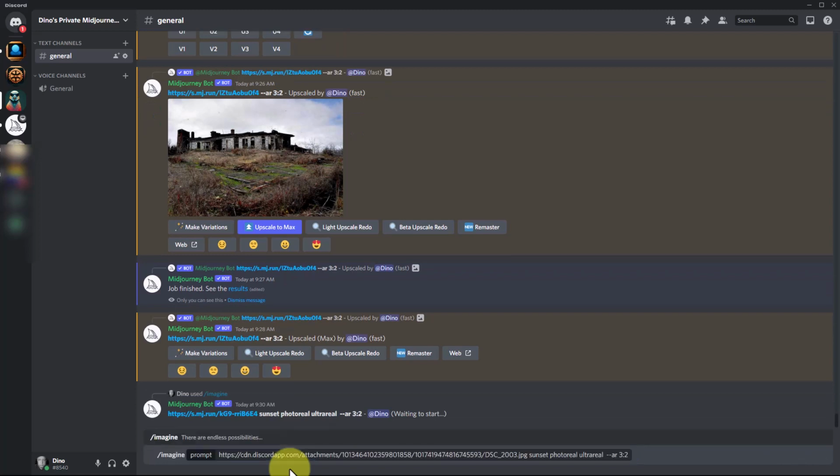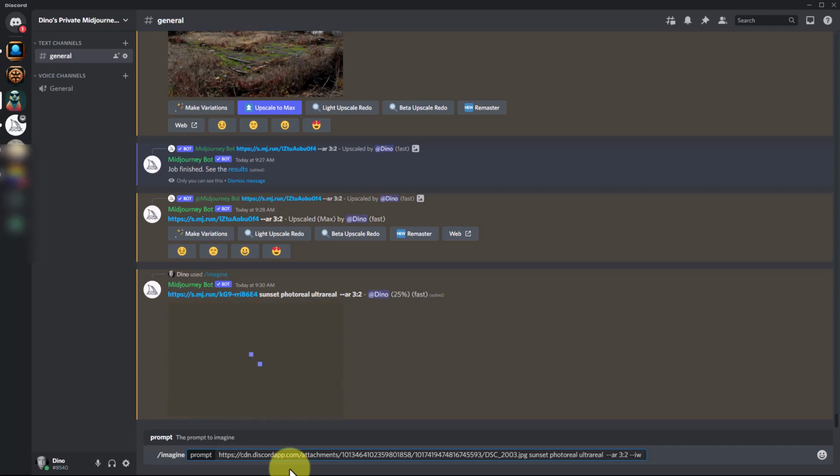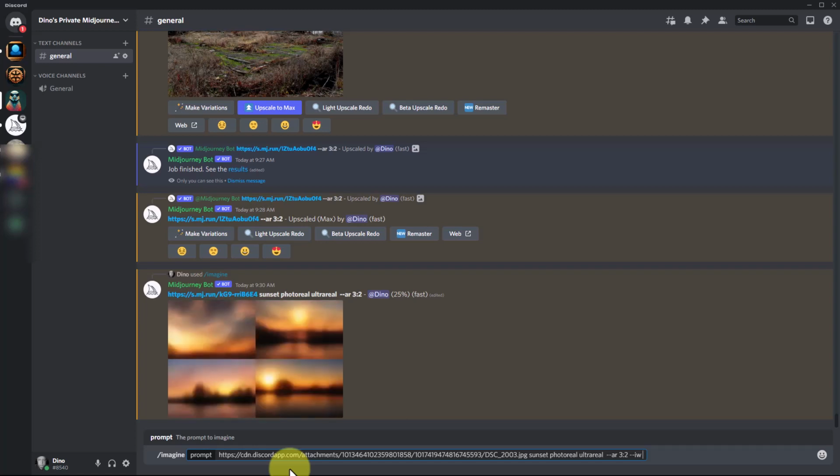But the other thing we're going to do is the same command, but we're going to add the IW switch, which is an image weight, and we're going to put the image weight as 1, which will